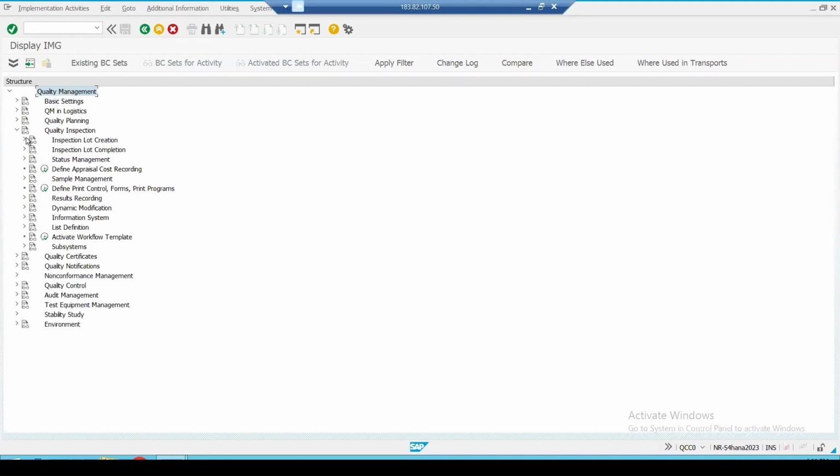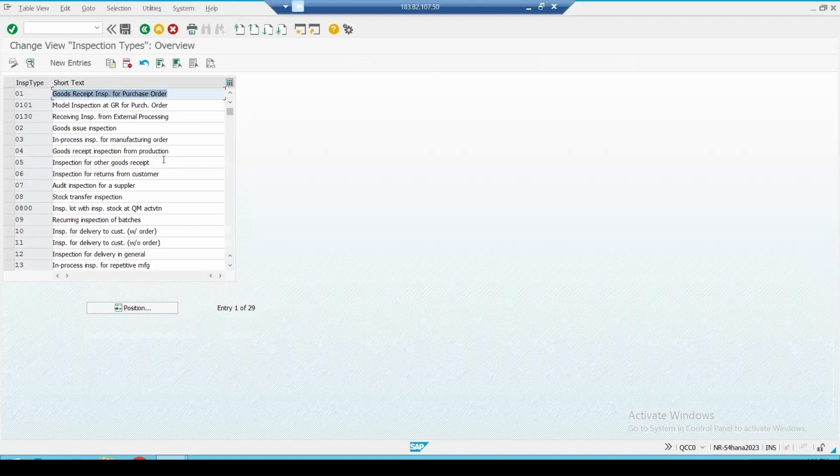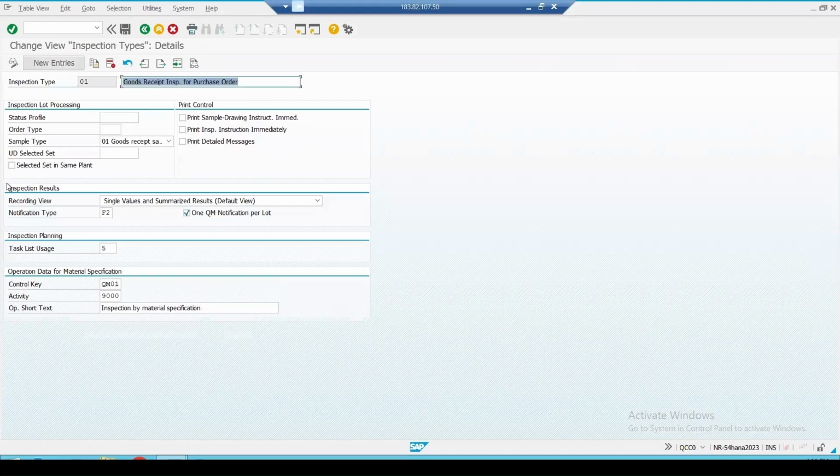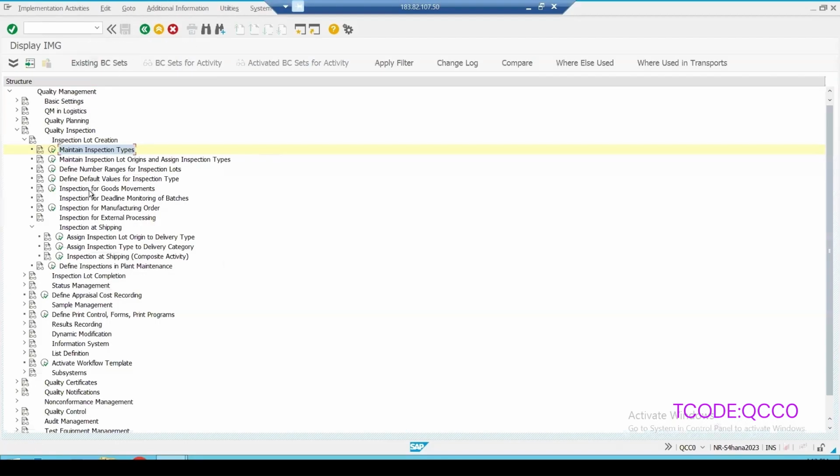When we create any particular inspection type, if we go for the details, here you specify the notification type. If for this particular inspection type you want to create a notification, then what kind of notification should be created? With F2, it is specified, right? So we are mentioning these things in the inspection type.